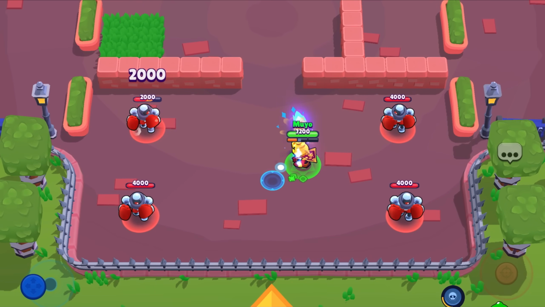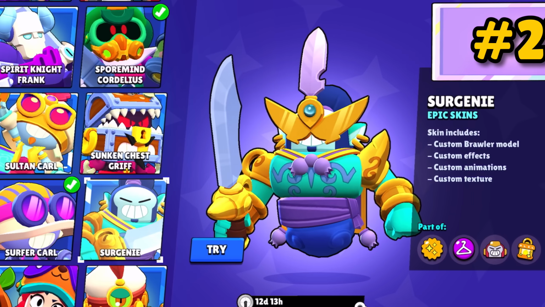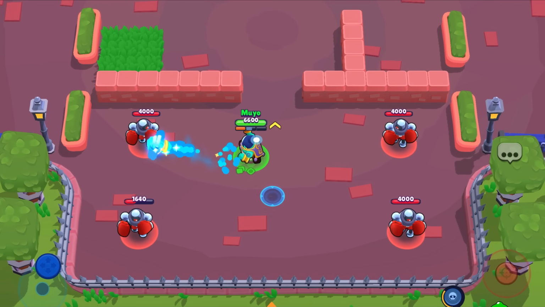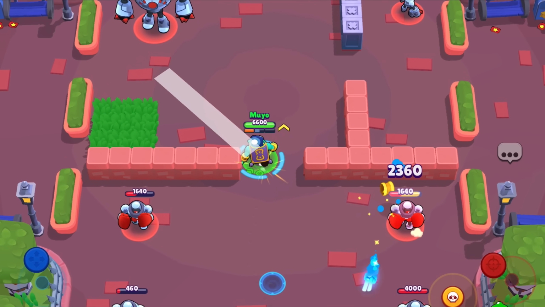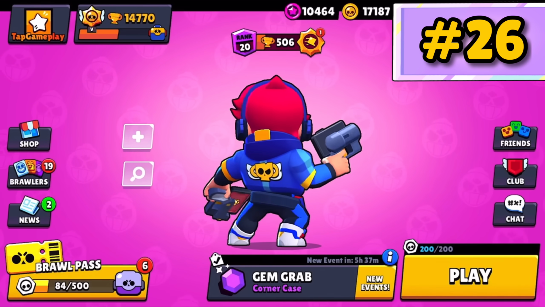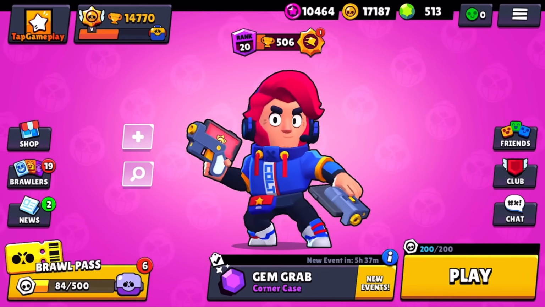Every shot, even down to the split shots, are nicely made. Surgini. Obviously inspired by Aladdin, this gives Surge nice puffs of smoke after each attack and super, along with such a mystical vibe. Definitely worth every single gem. Challenger Colt. I like how you could only buy this skin for money,